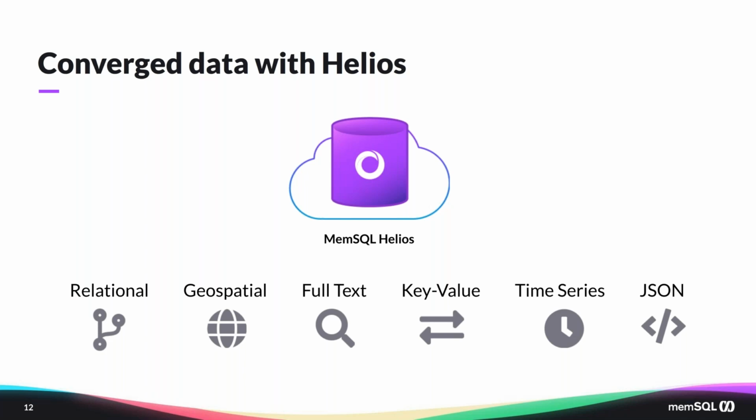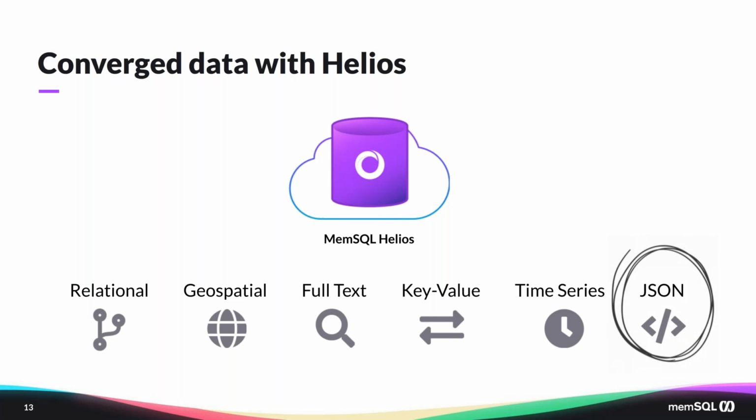Now with Helios providing the performance, the concurrency and scale, there's really no need for a dedicated NoSQL database just to gain the performance edge. You can use MemSQL to also support your JSON column type,